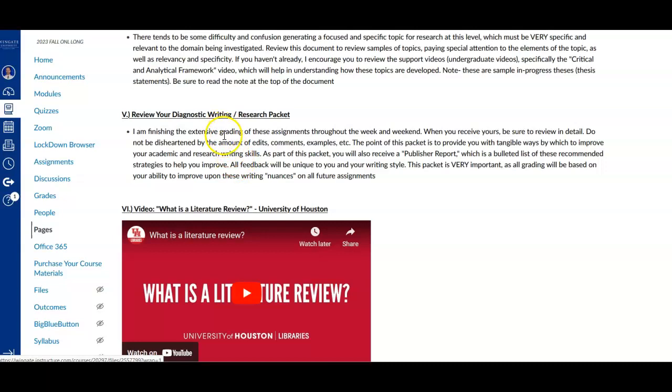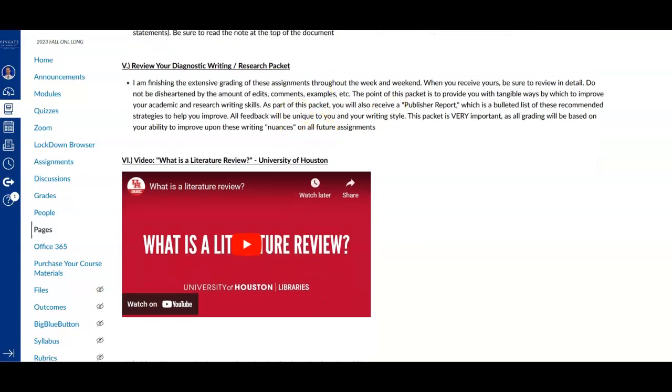Moving down, I'm not going to spend much time on this. When you get your research packet, just look at it. It'll be multiple pages, multiple documents. Do not be overwhelmed by the amount of comments that you see. My goal is to provide suggestions, to point out everything I see in your writing so that you have a tangible guide or how-to document for how to improve your writing style. It will be unique to you. Everyone writes in a different way. So just make sure that you take note of that, and put this in your binder or wherever